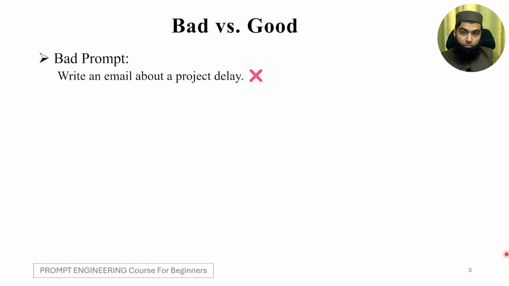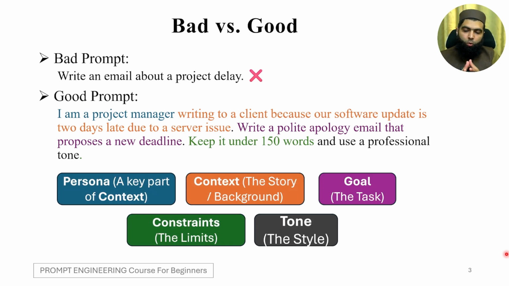We will see how the output differs depending on the prompt. For your simplicity, I have colored the specific sentences. For a similar task, if I am writing a good prompt, it will be like, let's say I am a project manager. So I will tell it who I am. I am a project manager. And this is called persona. What is persona? Don't worry about it, we will cover it. But this is linked with the context, as we talked about in the previous slide.